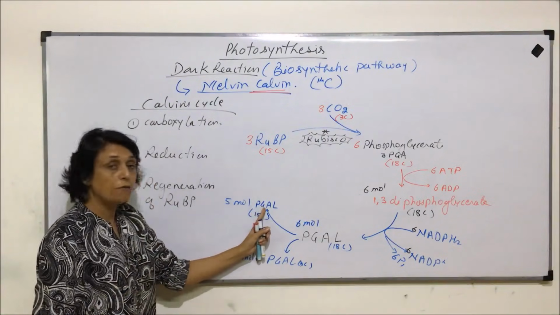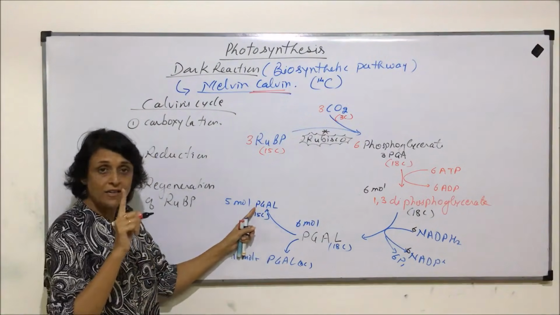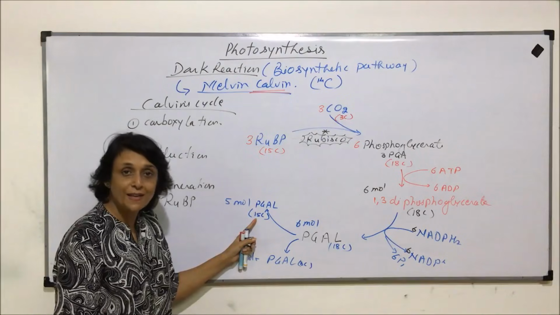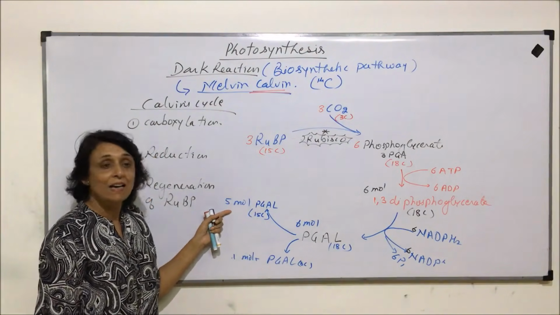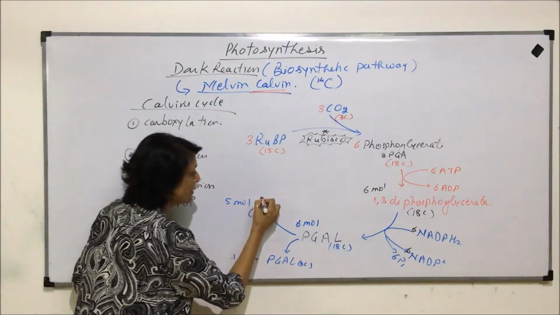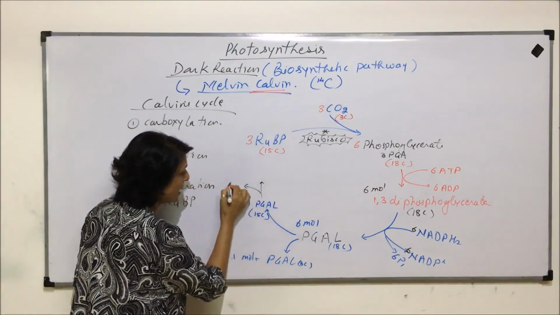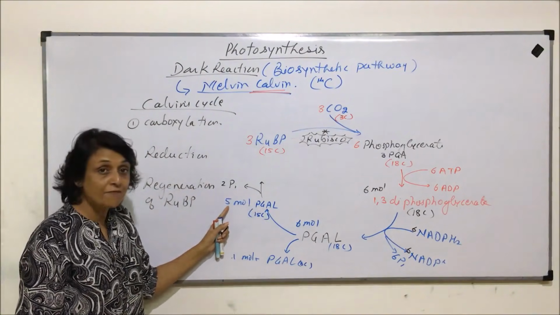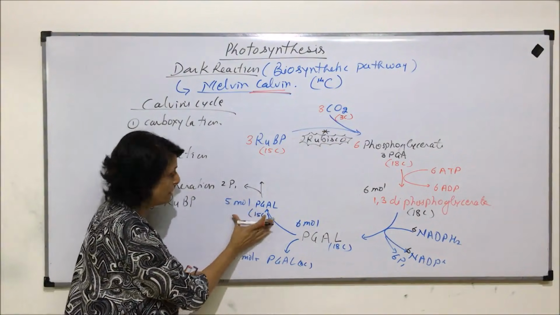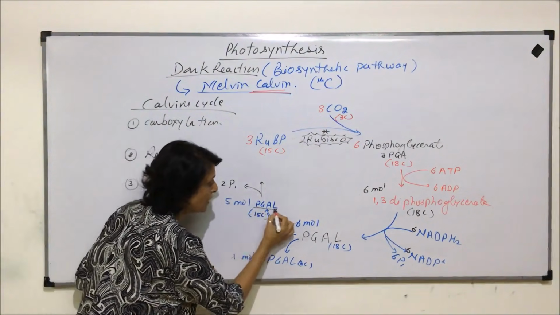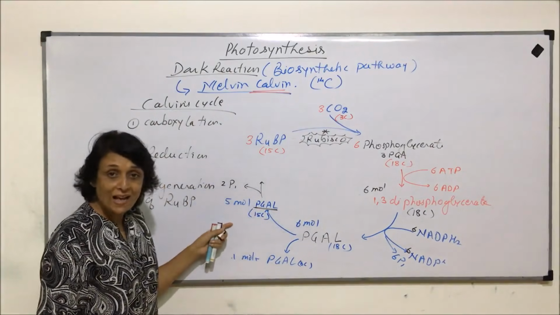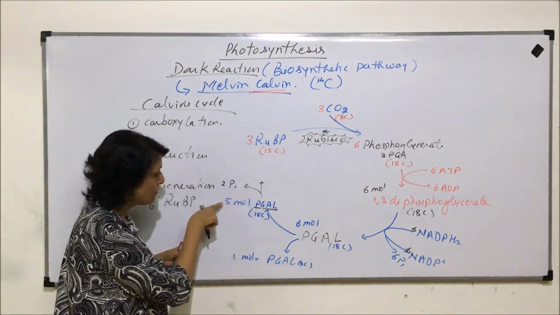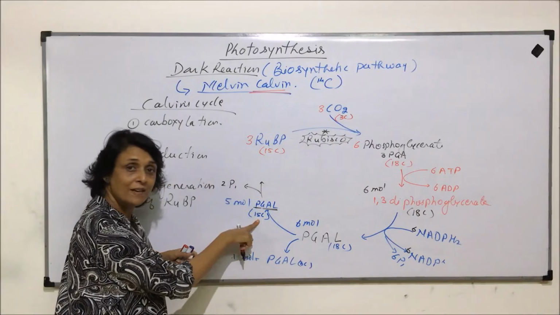That means each phosphoglyceraldehyde is having 1 phosphate with it. And there are 5 molecules. So if we just sum up, there are total 15 carbons and there are 5 phosphates with it. So now in the next step, 2 inorganic phosphates are released. How many phosphates would remain after 2 phosphates have been removed? Let me just explain this one more time. Phosphoglyceraldehyde is a 3 carbon compound. So if we have to count the carbon numbers, 3 carbon compounds, 5 molecules. So total carbons are 15.